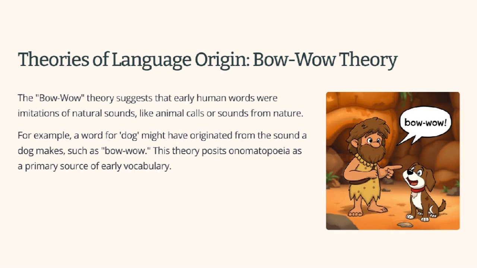So, language began as imitations of natural sounds like moo, choo choo, crash. It can be a buzz, it can be a meow. So, this is more technically referred to as onomatopoeia. Now, you might be wondering what is onomatopoeia, right? It is nothing but a word that phonetically imitates, or resembles, the sound that it describes.